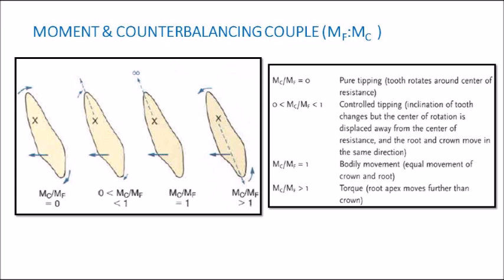One is to directly apply the force through the center of resistance, but that is not possible for us because the center of resistance is mostly located within the alveolar bone. That is, it is located in the root portion of the tooth. So another method is to apply a counterbalancing force. If you are applying a force, that will cause a moment which causes a tendency to rotate. So to prevent this rotation, we apply an equal and opposite force so that ultimately we can create a couple. That couple prevents the rotation of the tooth, because two equal and opposite forces are acting, so they tend to cancel out each other.